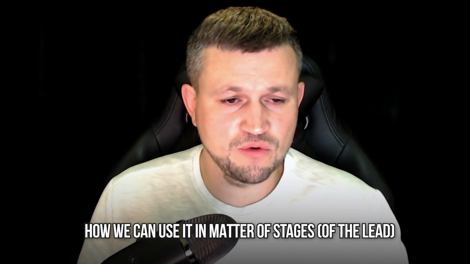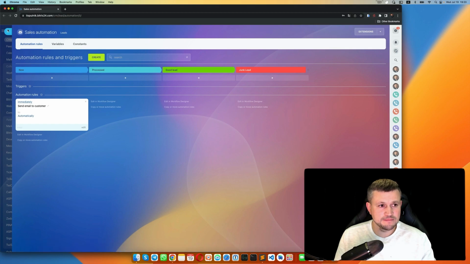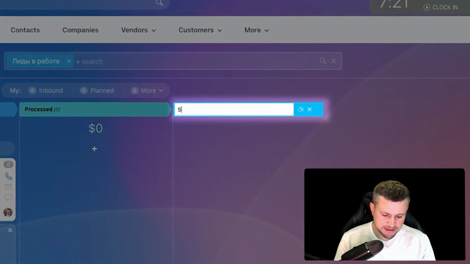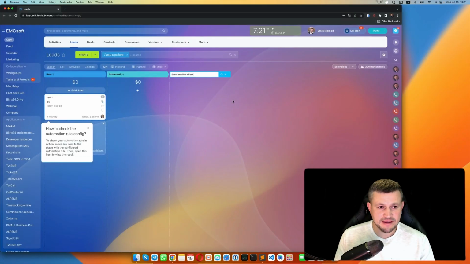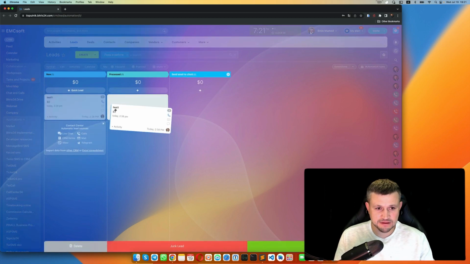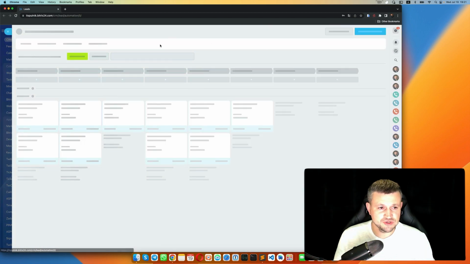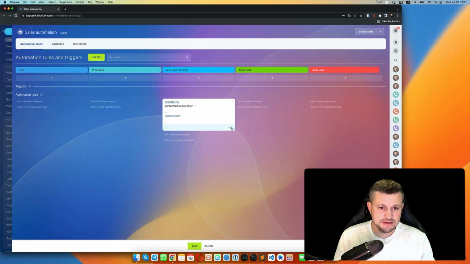But I always want to show you how we can use it in terms of the stages of the lead. So I will save that robot for a while, and I will create a stage where I will say send email to customer or client. That means if I move that lead to that stage, an email will automatically be sent to the customer. Okay, so going back to automation rules, we move that robot to send email to client, edit, and we